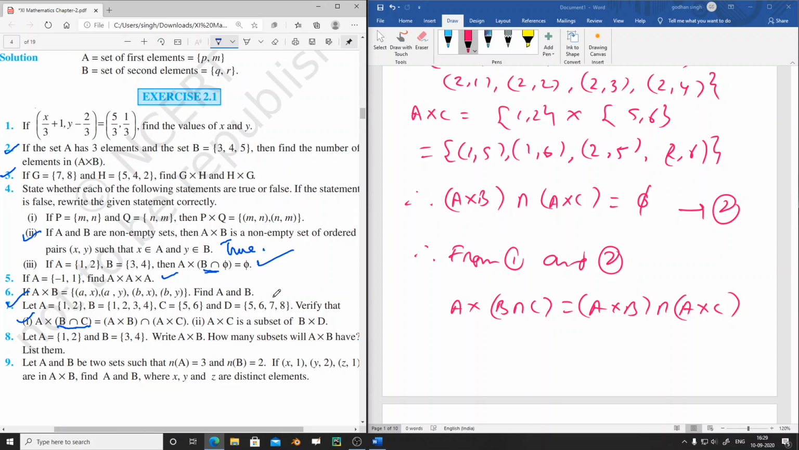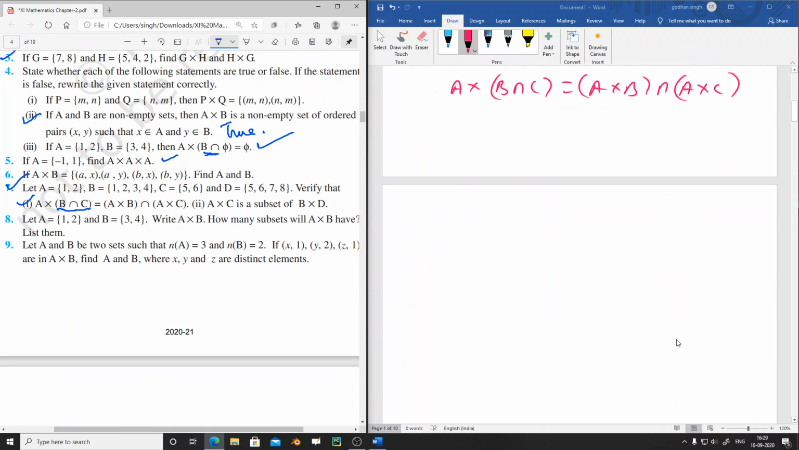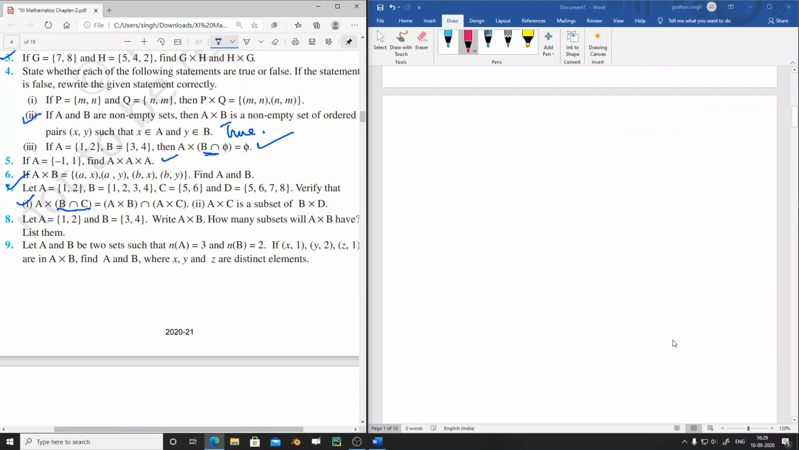Then we will now go to question number 8. Question number 8: Let A be the set having elements 1, 2 and B be the set having the elements 3, 4. Write A cross B. How many subsets will A cross B have? So first of all, let us write down the elements of A cross B. So we will be writing the set A cross B, equal to the set {1, 2} cross {3, 4},